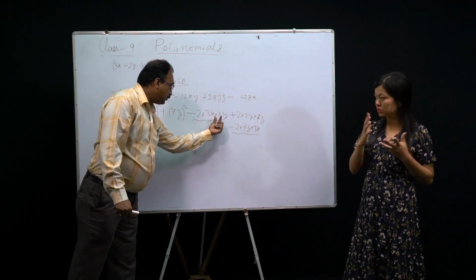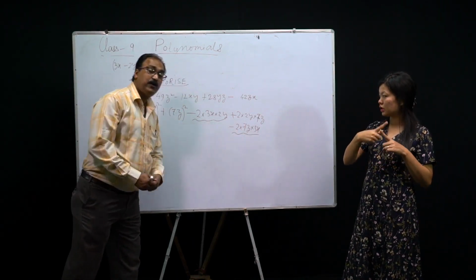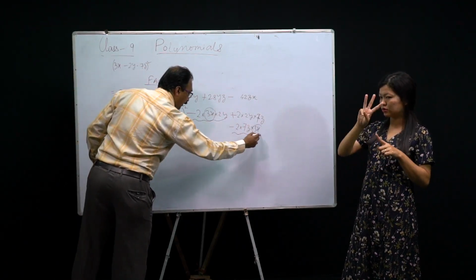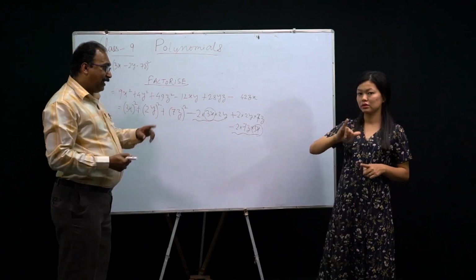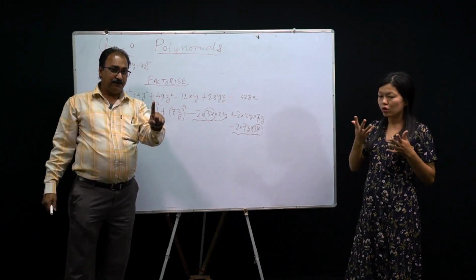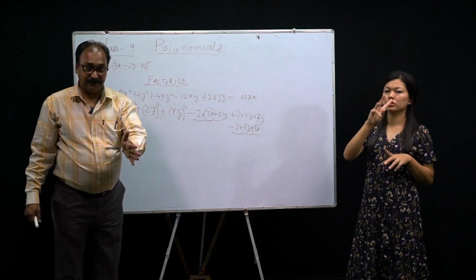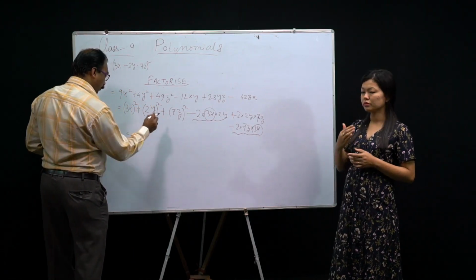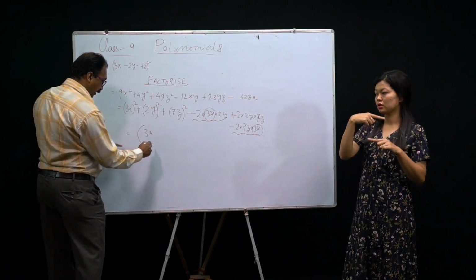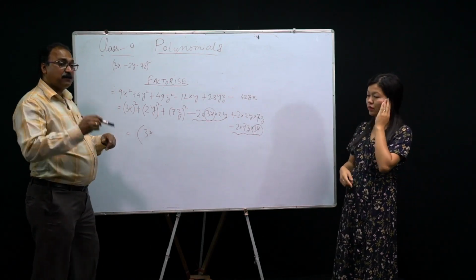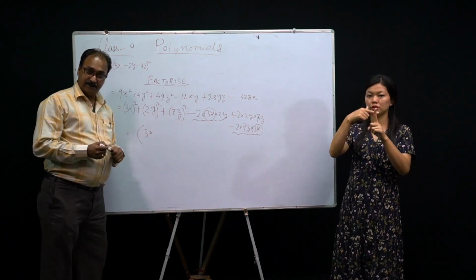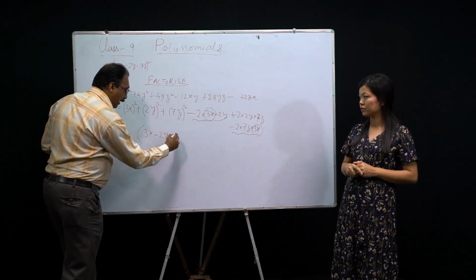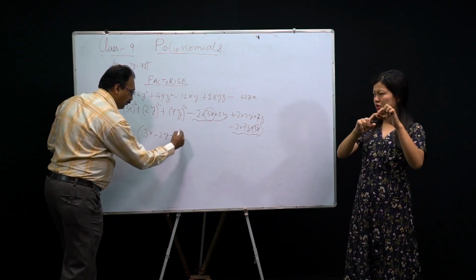So among the negative terms, which term is common? Look at here: 3x, 2y, 7z, 3x. So which one is common? 3x is common here. That means either 3x is positive or 3x is negative. Any one must be. I consider 3x positive. I'll write 3x plus. So when 3x is plus, the other 2 must be negative, like minus 2y, minus 7z whole square. Look at this, we got the answer.